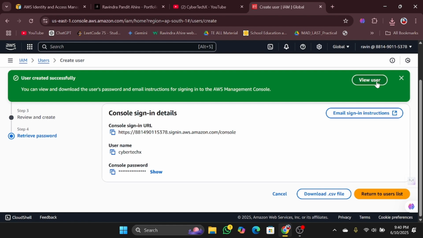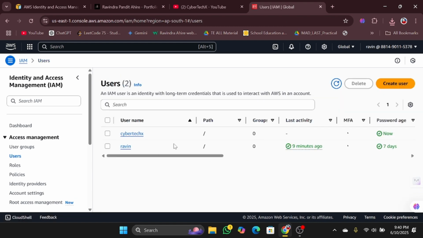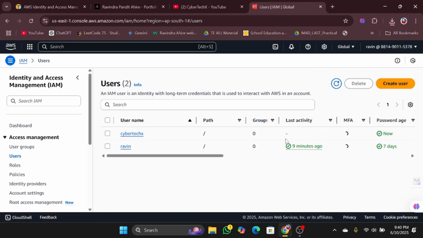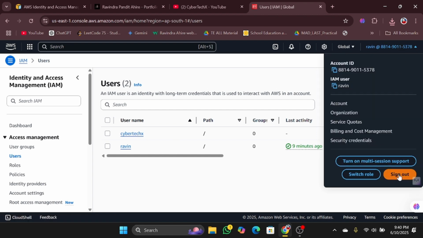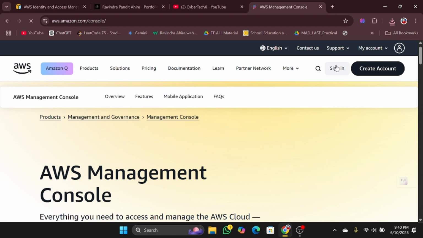So click on, we will see the users. Here two users are there, right? I have created this first time, and here this is a new one, okay. So let's sign out and sign in using this CyberTechX, okay. So let's try. Let me sign it out, okay. Let's try to sign in using the